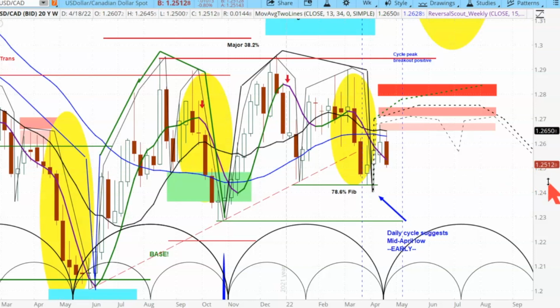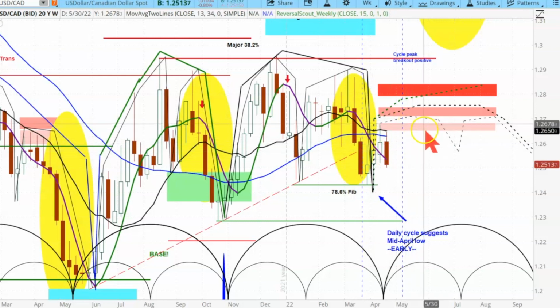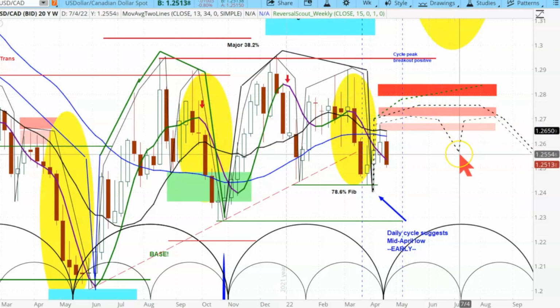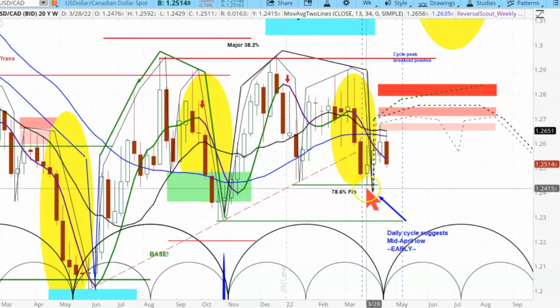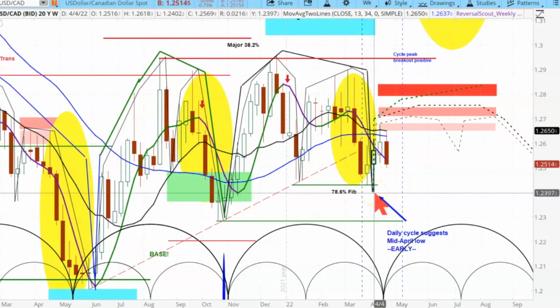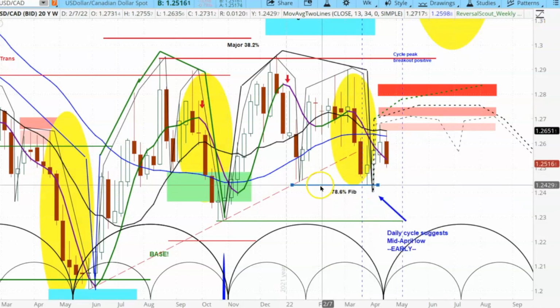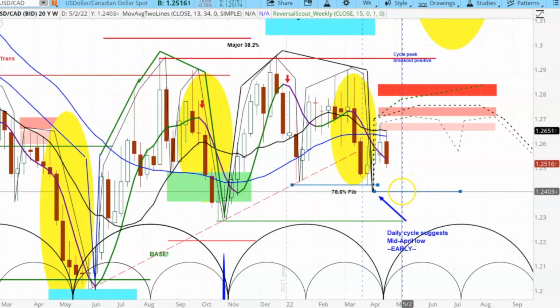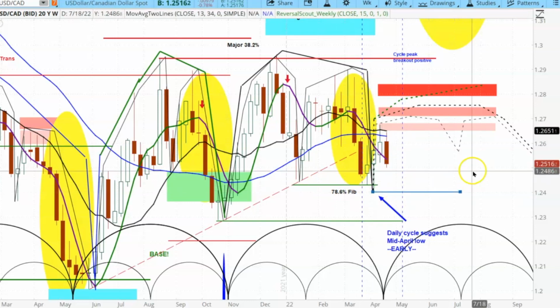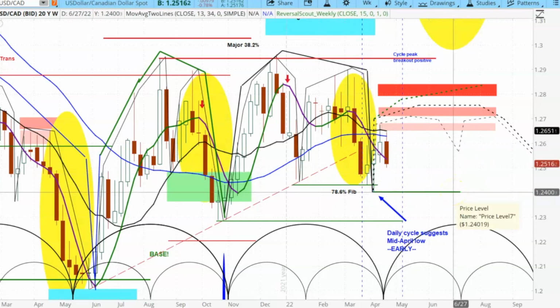Remember, we said oil about 115 down to 90 is really what the range is, and we expect it to stay in that range. I expect that the US dollar Canadian will continue in this range here, and then sometime in this May-June period start to come down into July right there for the minor cycle. This is an important low right over there where that low was made. So if I just grab that line right over there and put in that last cycle low, which was right here, right at that point, that if it ever gets under there, that would be a very bearish occurrence for